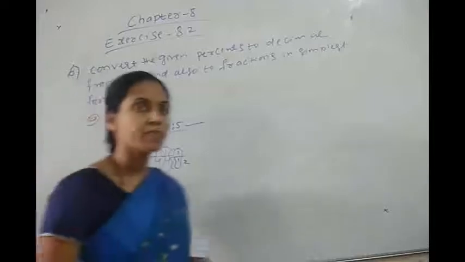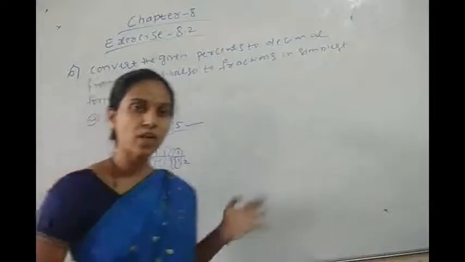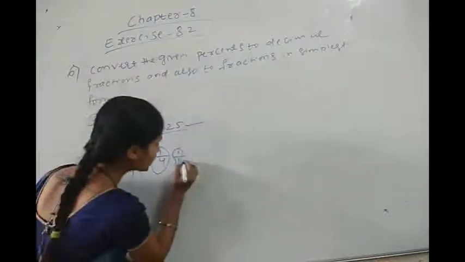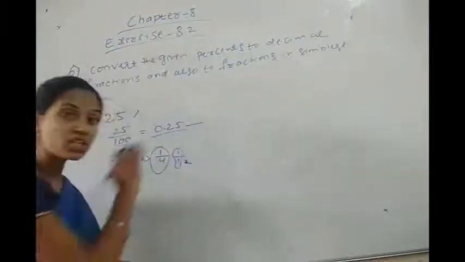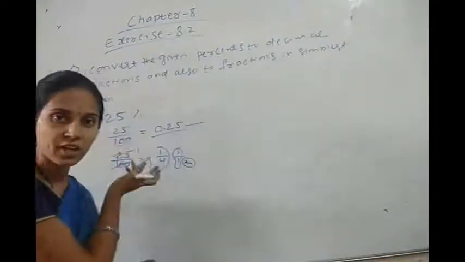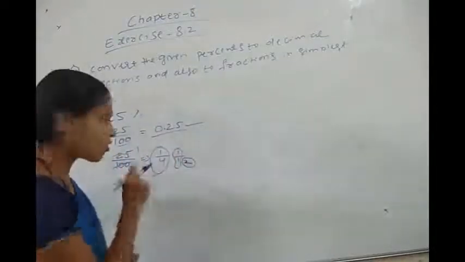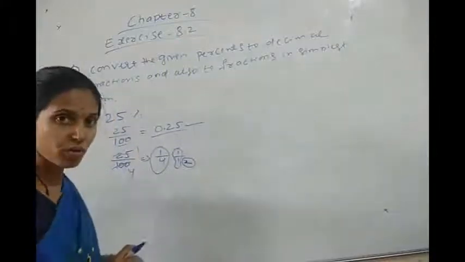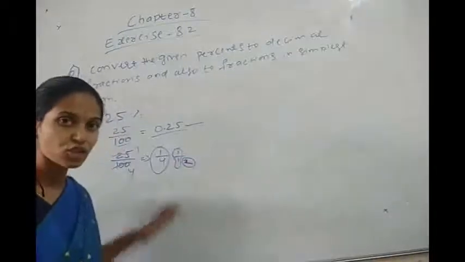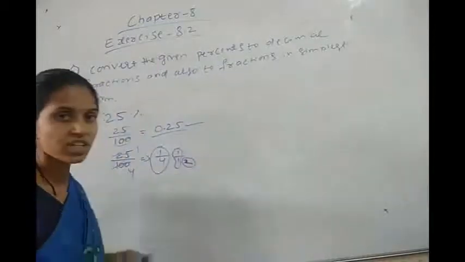Simplest form means what? A fraction is called in its simplest form if it does not have any other factors except 1 in common. Okay. We are having here 2 as the factor of 4, but 2 is not in common because 2 is only in the denominator. It is not there in the numerator. Okay. If it was there in the numerator, then we could not call this 1 by 4 as in its simplest form. But we are having 2 in the denominator only, which is not common, which means it is not there in the numerator. So that's why 1 by 4 is in its simplest form. Okay.